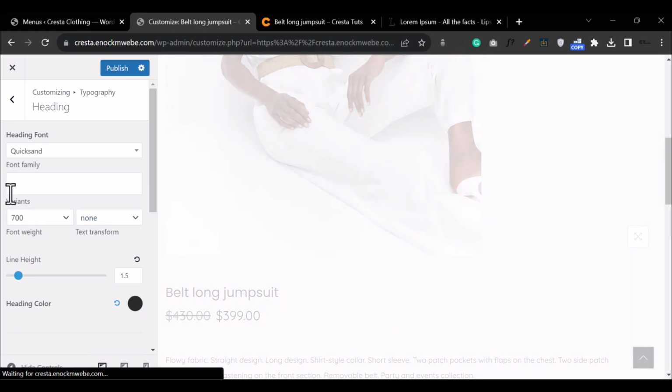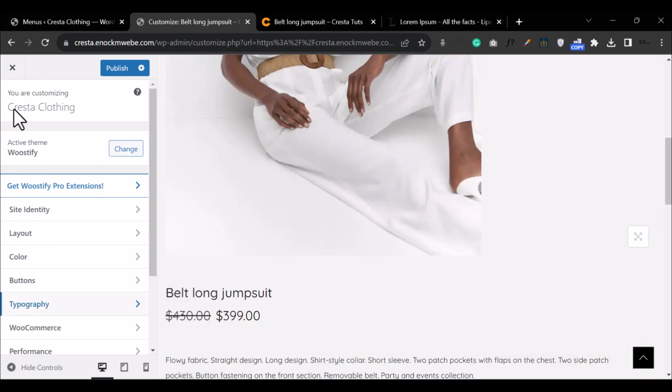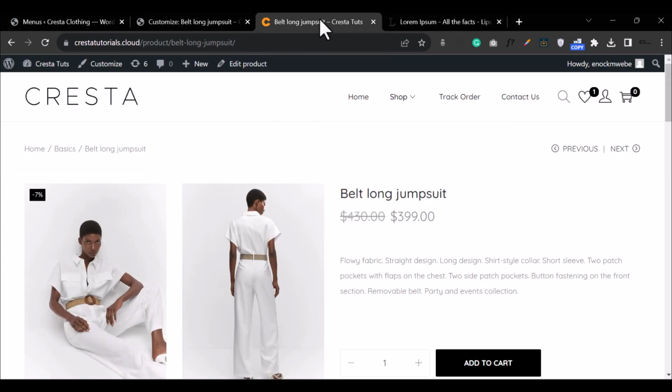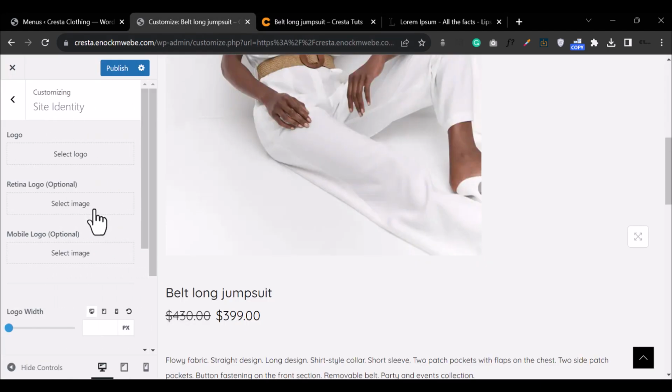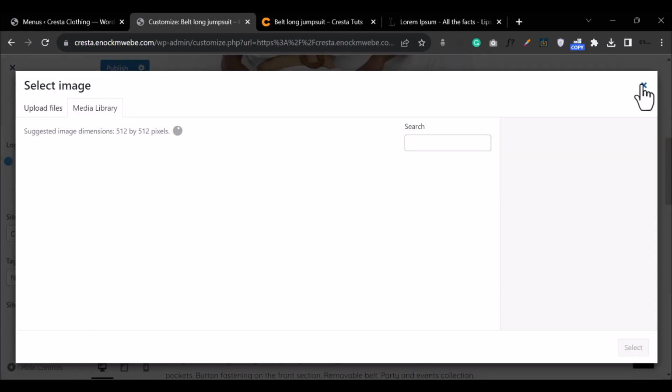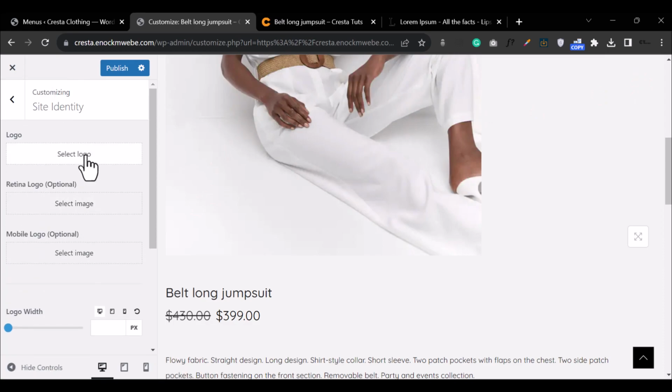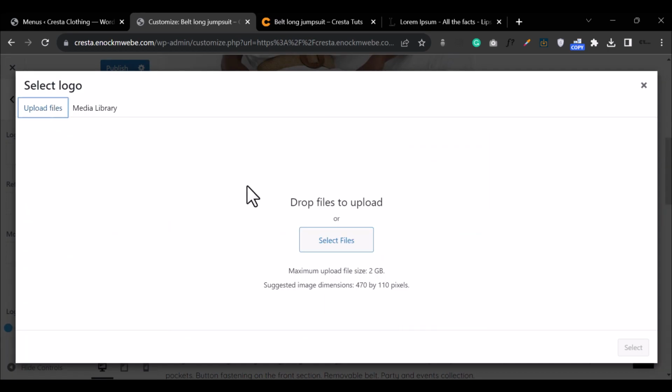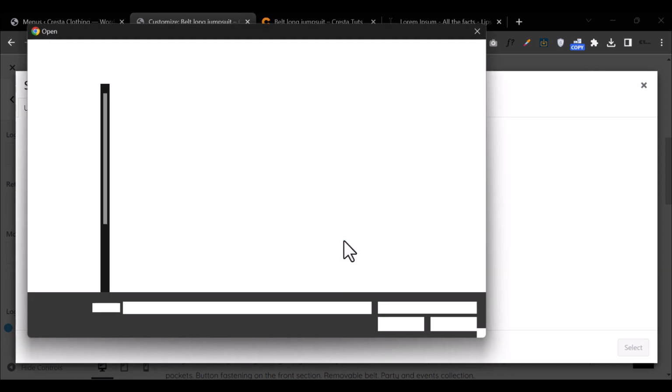So now things are really starting to look great and similar to our demo website. And let's add this icon right here. I know me switching between these two can get confusing, so for this tutorial, I'm just going to show you how to add it. For you to add that icon, you just need to select icon right here, and it'll ask you to upload it. What I can do is select a logo and add it to my website. So I'm going to upload the logo right now,